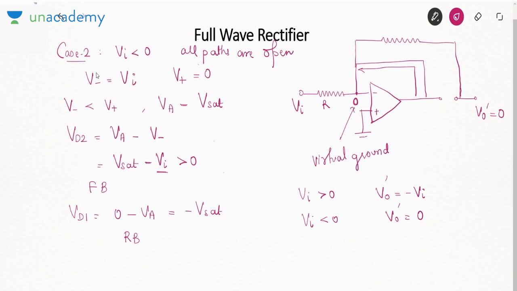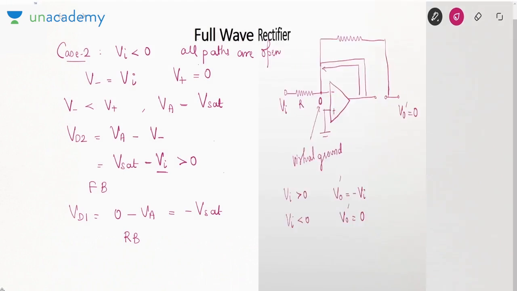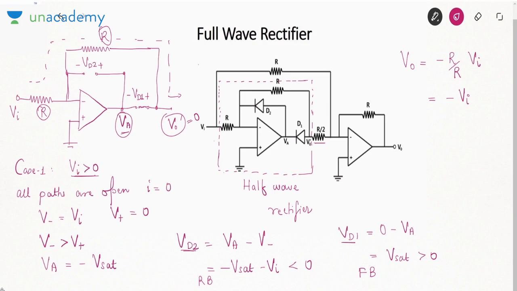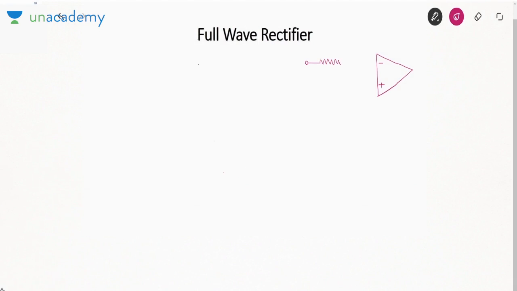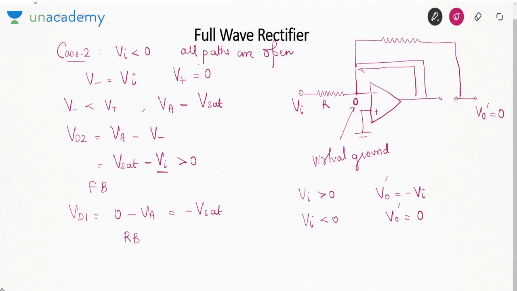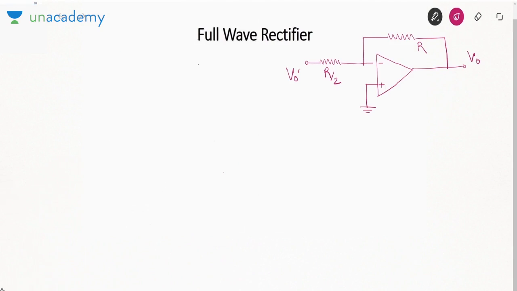Now what we really want is V0. Now let us focus on the second stage of the rectifier. Okay, so let me show you the second stage. See this. V0 dash is connected to R by 2, then R, and the positive terminal is grounded. There is one more terminal connected at the negative terminal, that is this one. Vi is connected via R. Now this circuit seems similar to